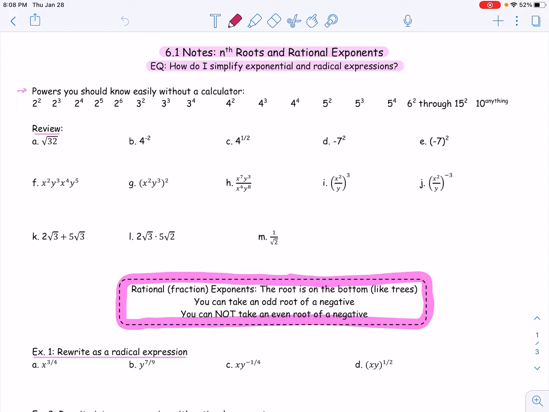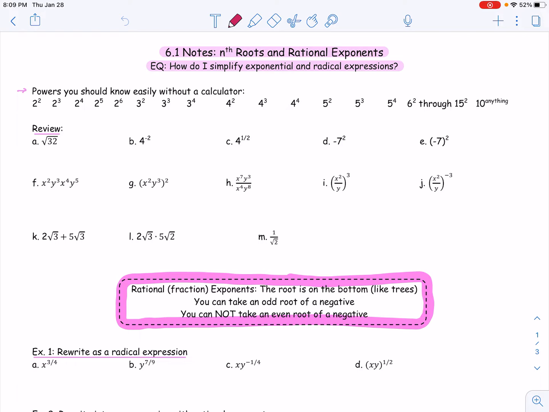So we're starting Unit 6, and our first lesson is about nth roots and rational exponents. Basically, we're simplifying exponential and radical expressions, okay? A lot of this is going to be a review, but we're going to be bumping it up a couple notches. The first thing that's really important are the powers that you need to know without a calculator,